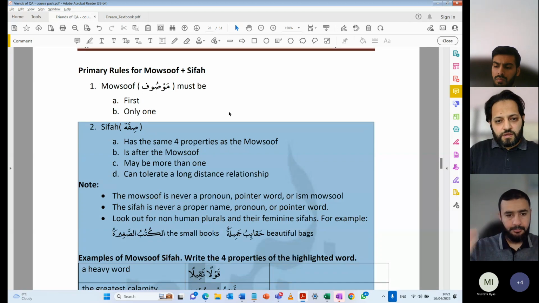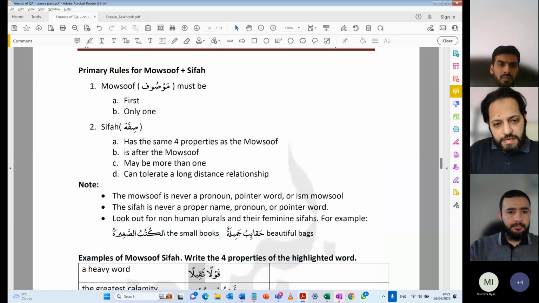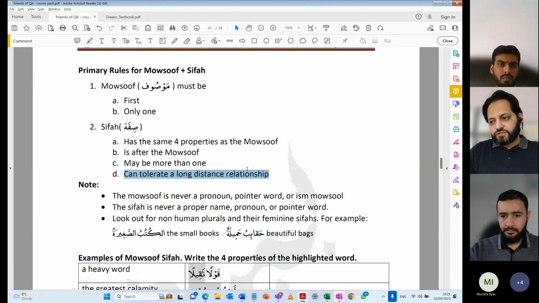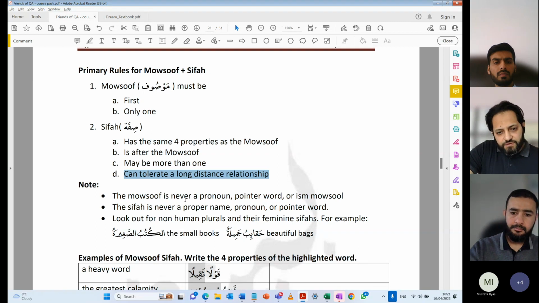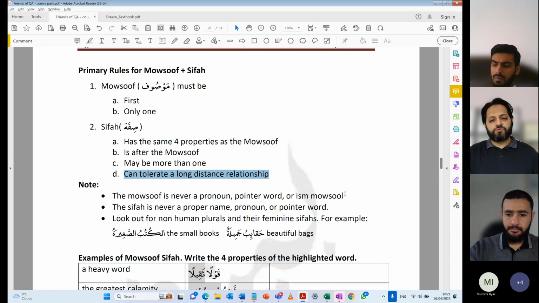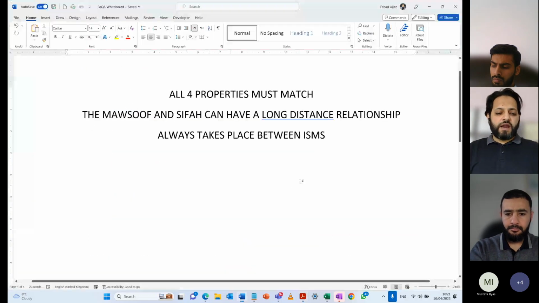It comes always after the Mawsoof. It can be more than one, and it does tolerate the long distance relationship. And these are some key pointers where I actually caused the confusion a few minutes ago. The Mawsoof is never a pronoun, pointer word, or ism mawsool. What does this mean? This means that you cannot define an adjective for